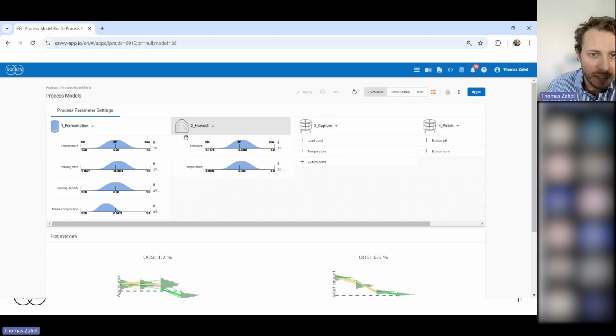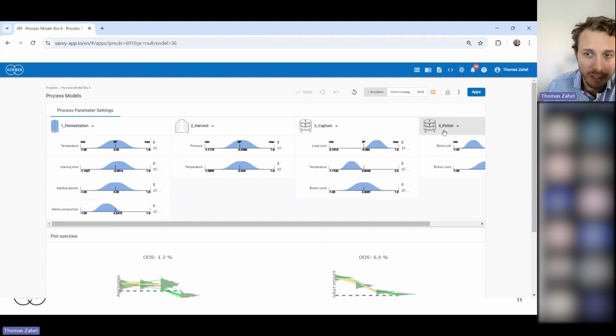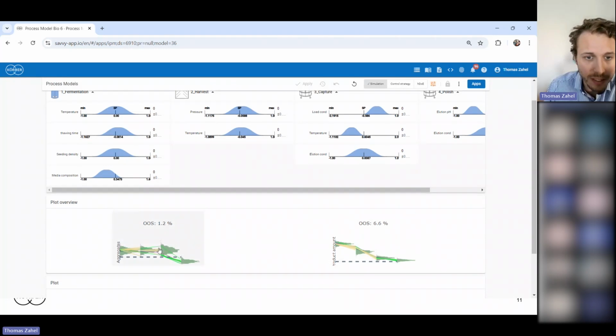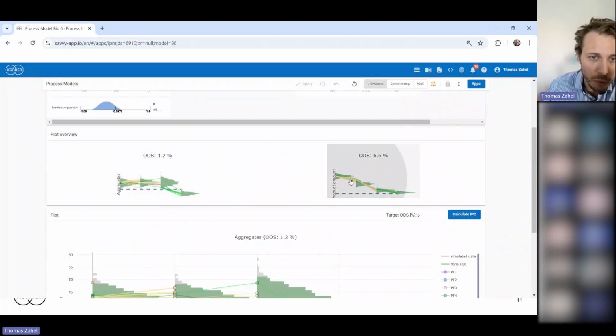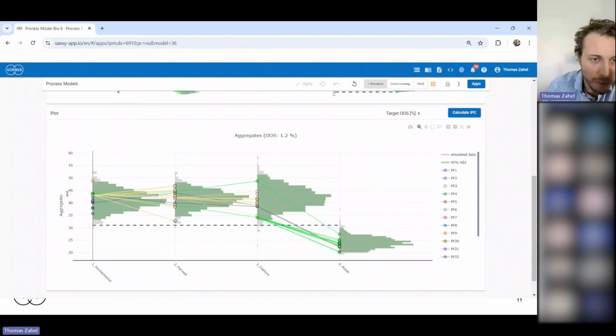And each of these steps has a set of process parameters, critical process parameters. And all of these process parameters have a set point indicated by the peak of the distribution and an uncertainty, a variability, which could be your equipment capability, for example. What you see down here is the prediction of this end-to-end model. So you have here 2 outputs. Of course, you could have 10, 20 outputs or whatsoever, but for this minimal example, we have 2 outputs here. So one output is the aggregates, a very typical quality